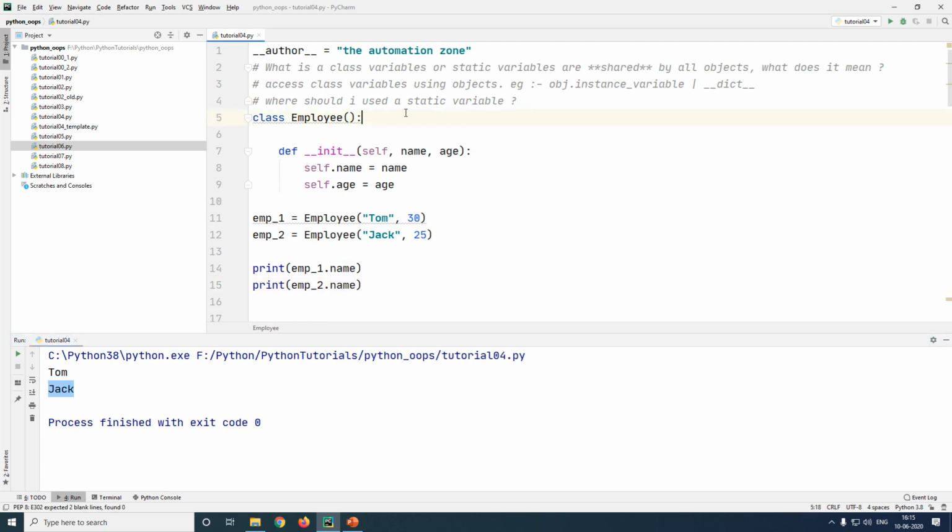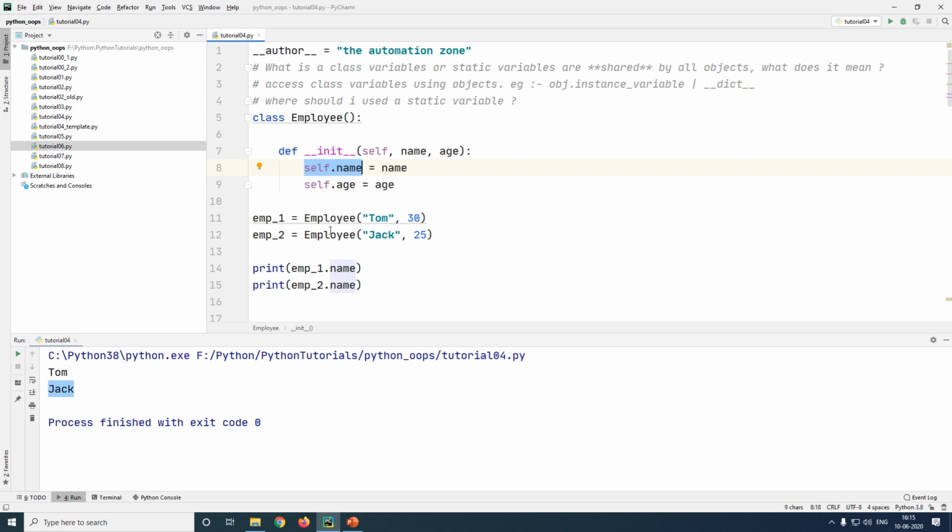In the below example, attributes such as name and age are specific to each employee, or to each object of my class employee. Therefore, it makes sense that you assign it to your object variable, also called your instance variable, to make it unique. But what about those attributes which are not unique at all to each and every employee? Example, we have got a company's name. The company's name will remain the same for all of your employees.